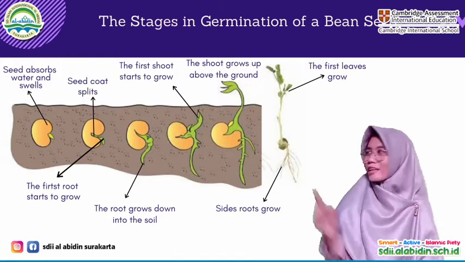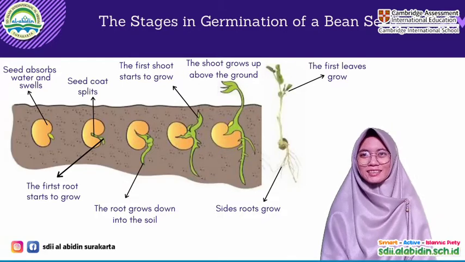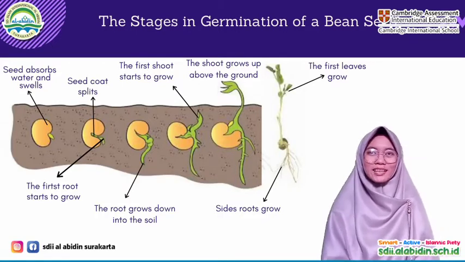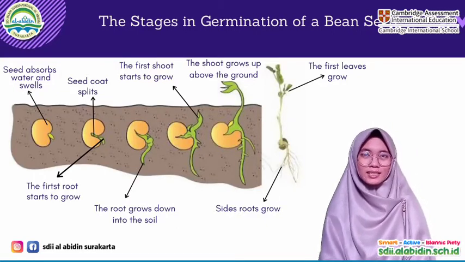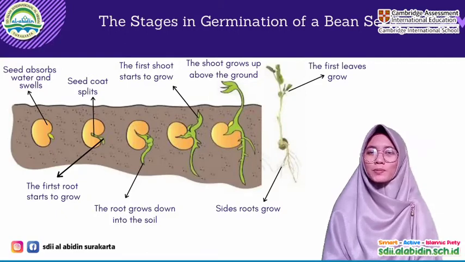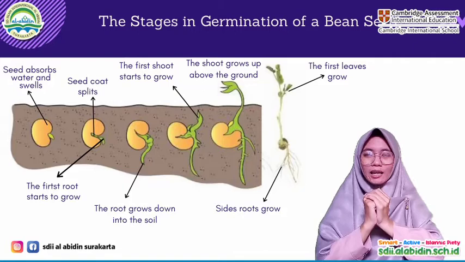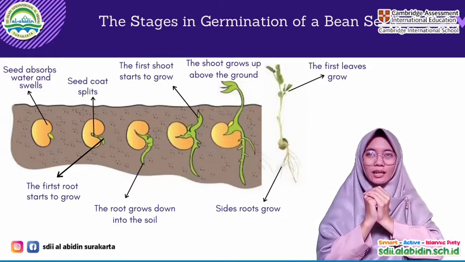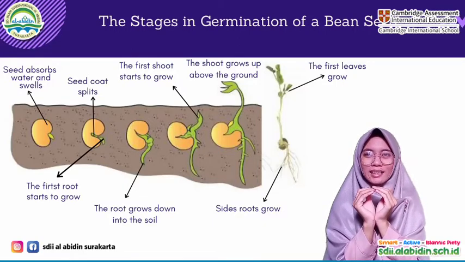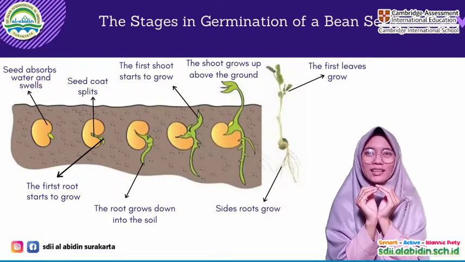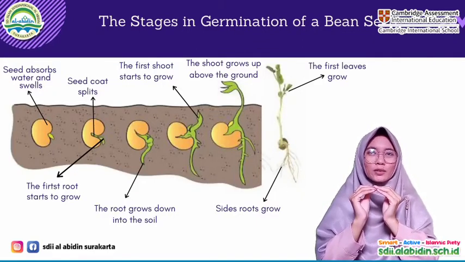Okay, students, now look at the picture here. This is the stages in germination of a bean seed. Look at the first stage. This is when you put a seed into the soil and you give it water, so the seed will absorb the water and swell. This is the seed, and when it absorbs the water and swells, it will be like this. It swells. And then after that, the seed coat will split